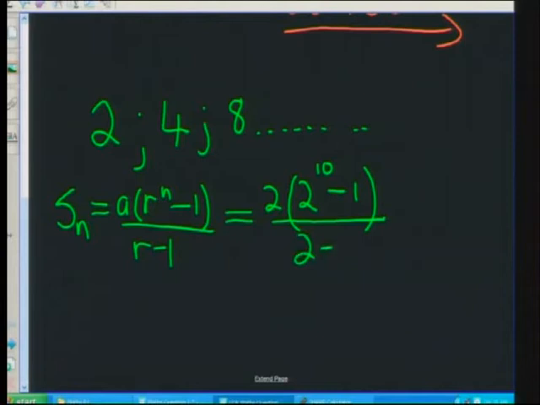Are you following so far? Are you happy? Yes, I am. Okay, so now I've got 2 to the power 10. I'm going to subtract 1 from it, and I'm going to multiply it by 2. So I'm just calculating here quickly, and this gives me